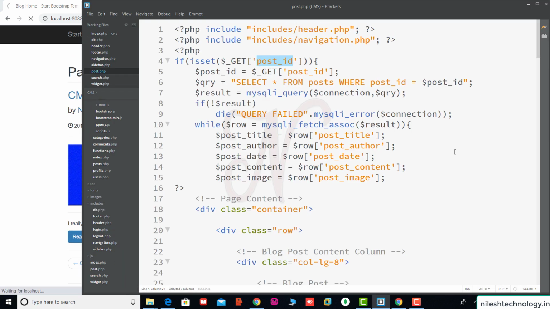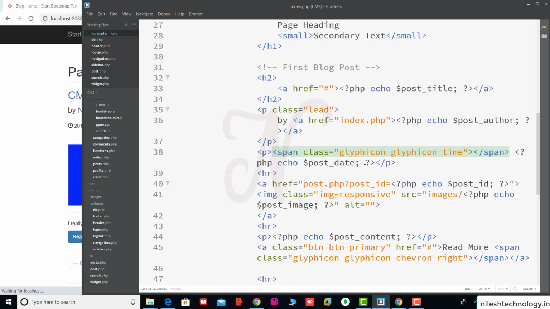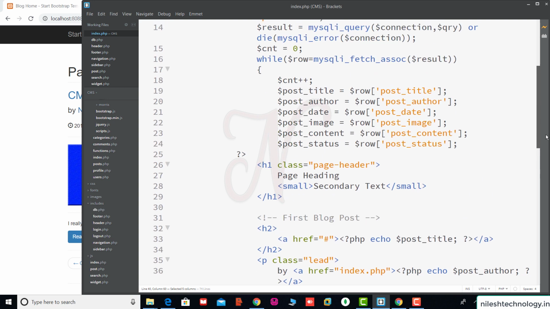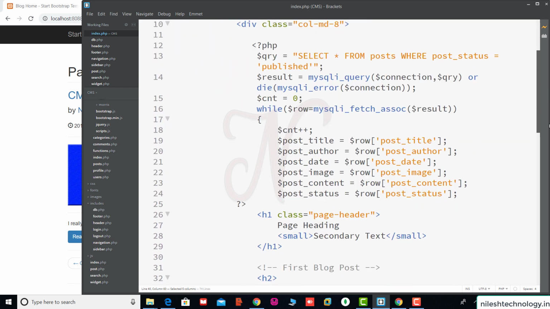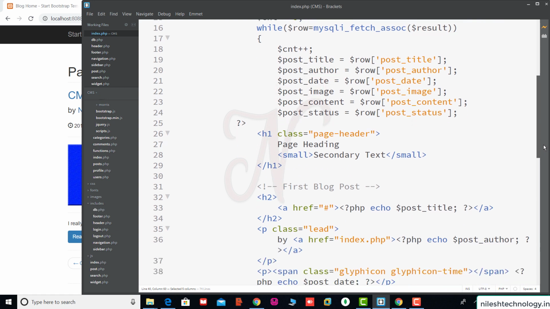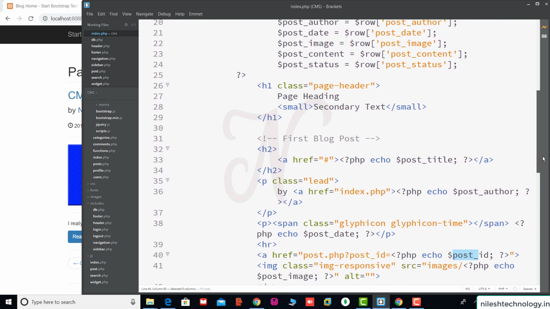So we check it again. Post underscore id. Okay, so check here again, post.php post id equal to echo dollar post id. So here there is no post id variable.